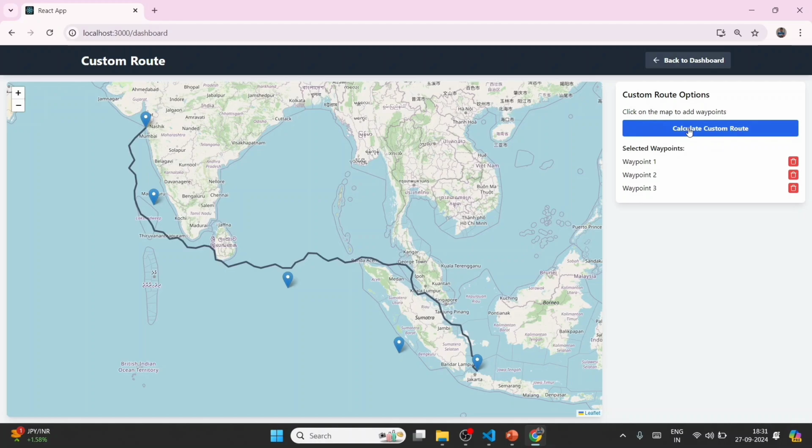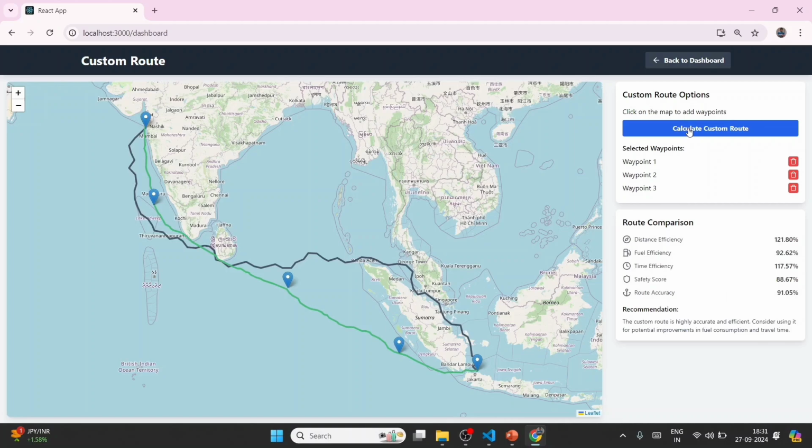The system will compare the captain's route with the default optimized route, showing exact percentage differences and offering recommendations for adjustment. It may take some time, but the route provided by the dashboard is easy for the captain to understand and also beneficial in extreme weather conditions.